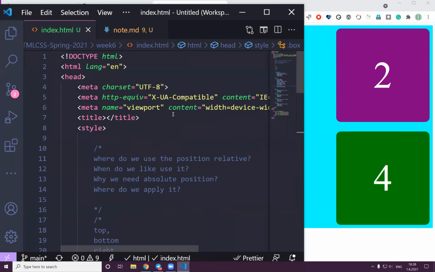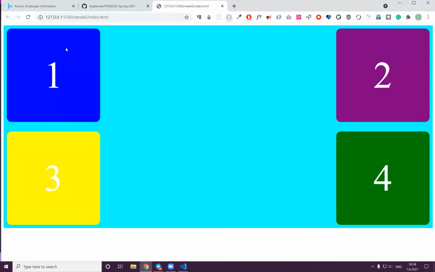So I think we answered in short. Where do we use the position relative? To the container, to allow other HTML elements to move inside. Where do you use it? Yeah, in the container. Why do you need absolute position? Because we should have an absolute position. This should have